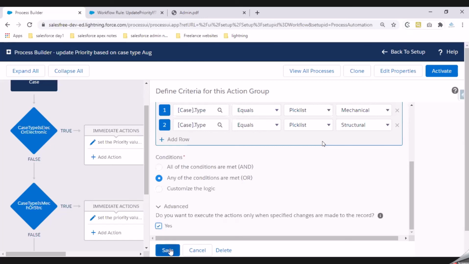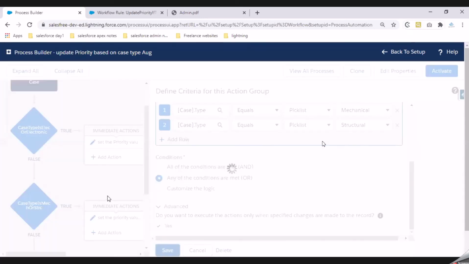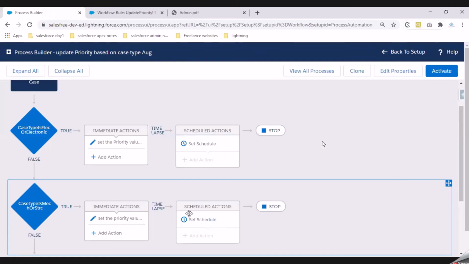So if I check this checkbox and click on save, that is where you will be able to see the schedulable actions. Right? Point to remember is, if you are selecting the second option in your workflow rule, which says created and every time it's edited, you will not be able to do the time dependent actions in your workflow rules if you don't check the checkbox.